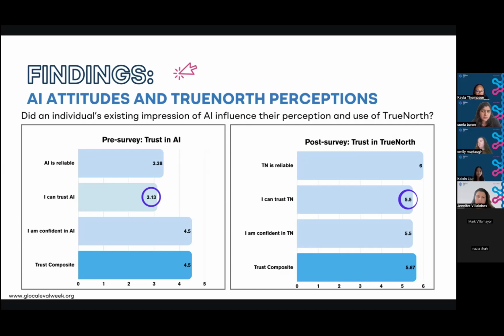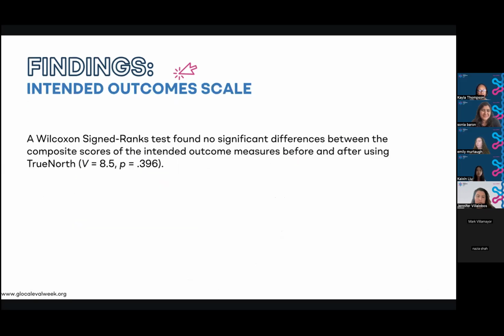Overall, individuals on average rated higher levels of trust in TrueNorth. And this, when we're thinking about it, could be due to the methodology, right? Since we used our professional networks for the main sampling of this study, people might have affiliated TrueNorth with us as individuals. And so this is something to think forward with methodology, and we'll talk more about it in the discussion section. But for now, I'm going to pass it over to Sonia to talk about more of the findings.